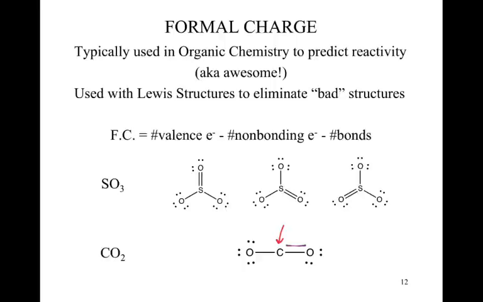Where do I get those 2 more electrons from? Depending on how you are taught to draw Lewis structures, you may very well go through and say, well, I will take them from that left oxygen and I will end up with that structure. And that structure is not wrong. In fact, it is correct. And if you look up the Lewis structure for CO2, you will find that. However,